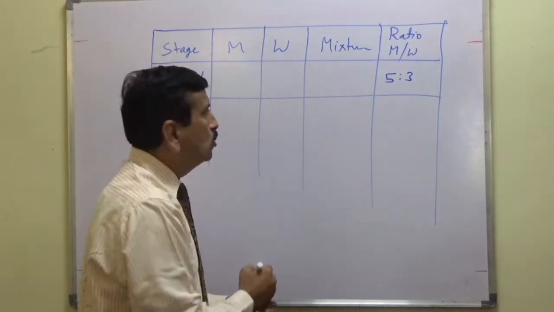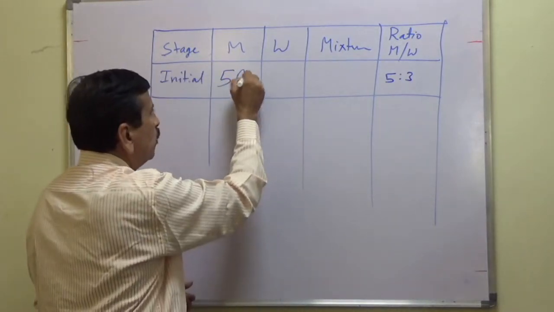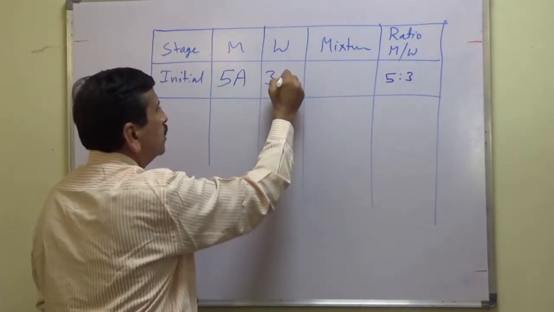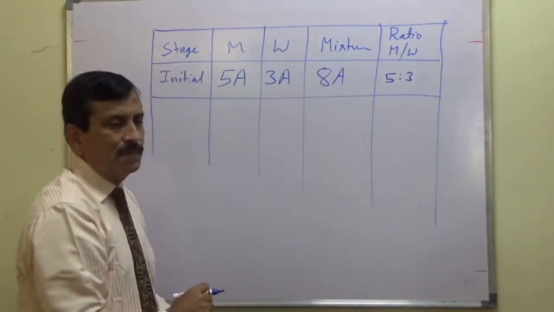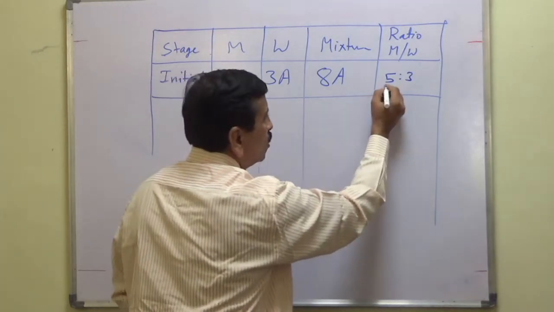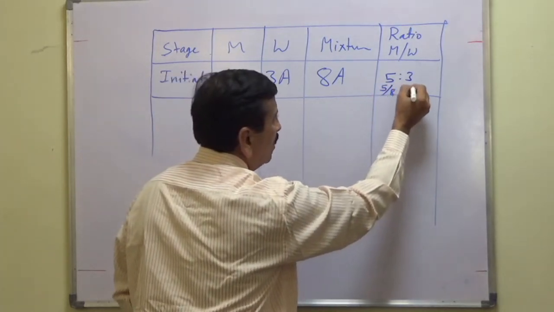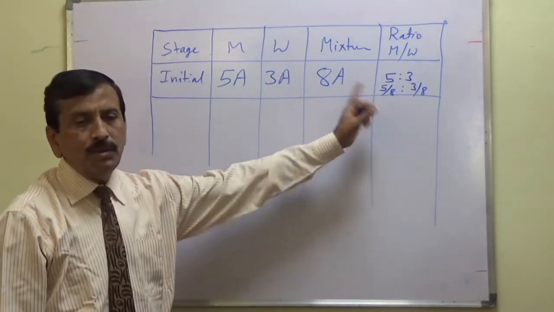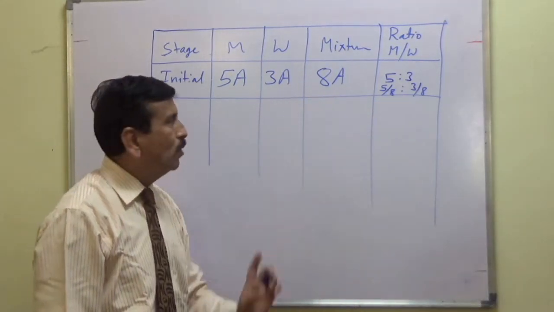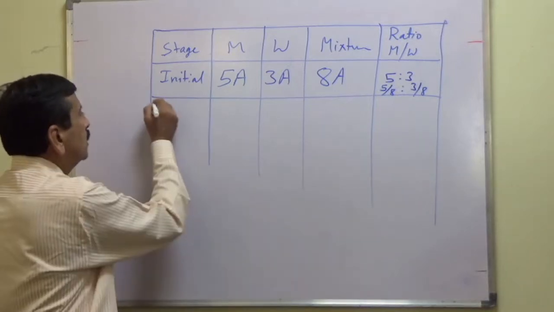5:3. So we can assume that say 5A will be milk, 3A will be water, and total will be 8A. So I can say that this ratio I can write down as 5/8 to 3/8. I can write down the ratio like this. Okay. Now 7 liter